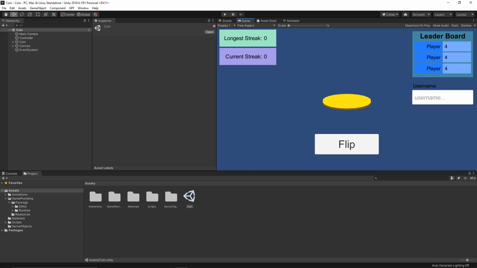Hello, in this video we're going to take a close look at some of the view bindings that are in our single player leaderboard demo that we call Coin Flipper. So specifically we're going to look at animation view binding, text input view binding, and text view binding. So let's get this game started,